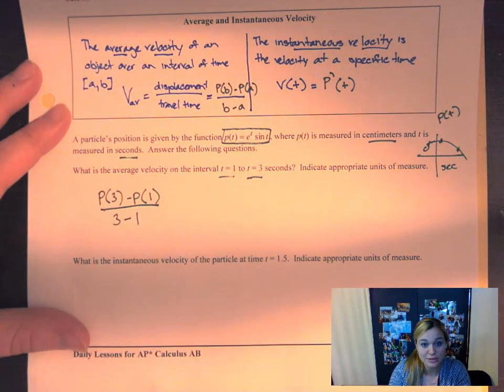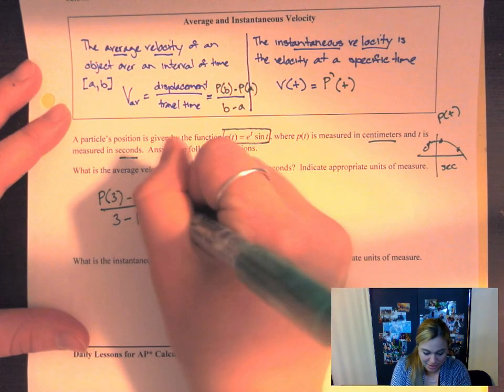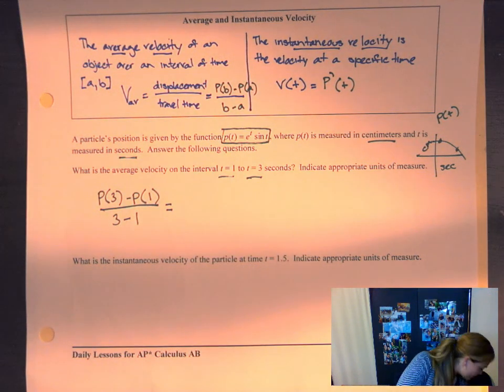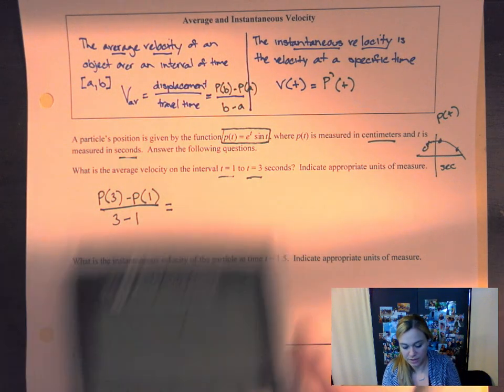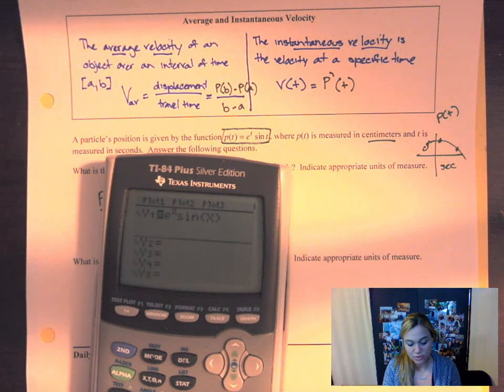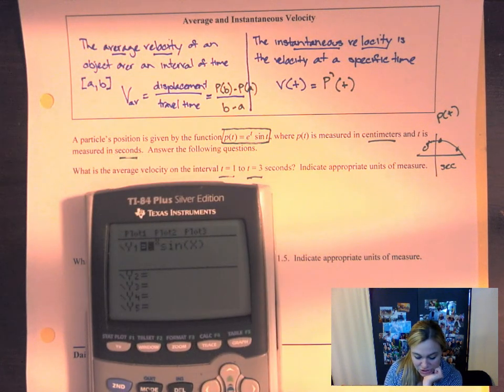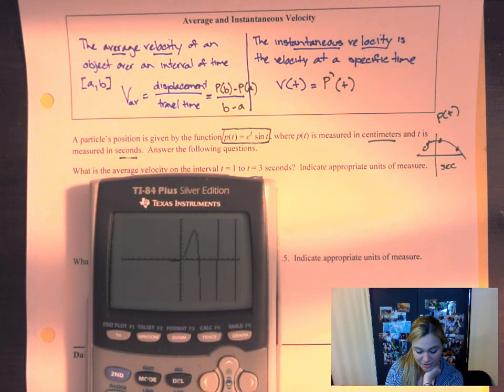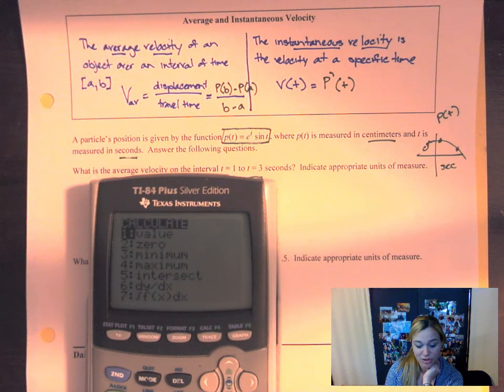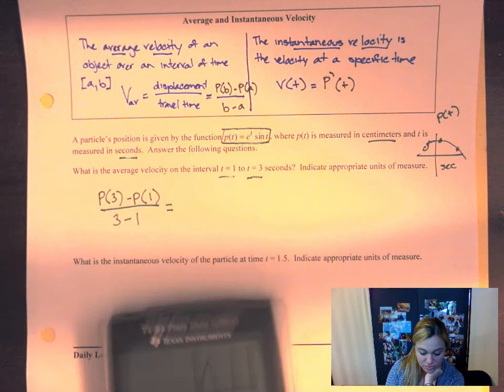This is only two seconds. To find this answer, where's my calculator? You can go to y equals, you could do this in your home screen, but I put in this function for position, so e to the x power times sine of x, and then I graph it, and I can use second, calculate, the value, and then it's going to come up with the x equals. I'm going to say x equals 3,